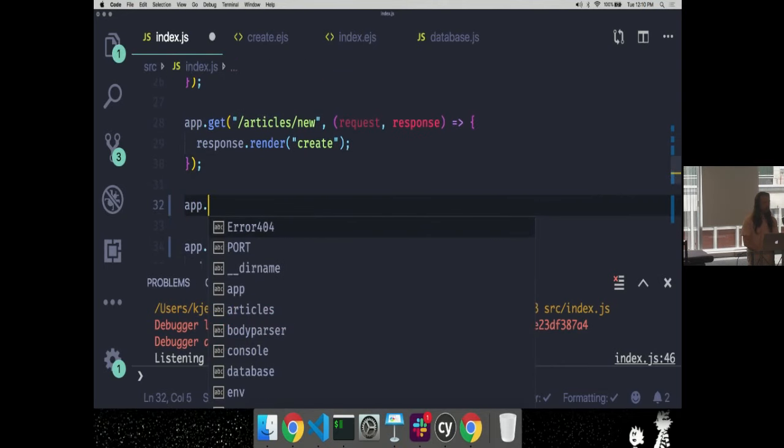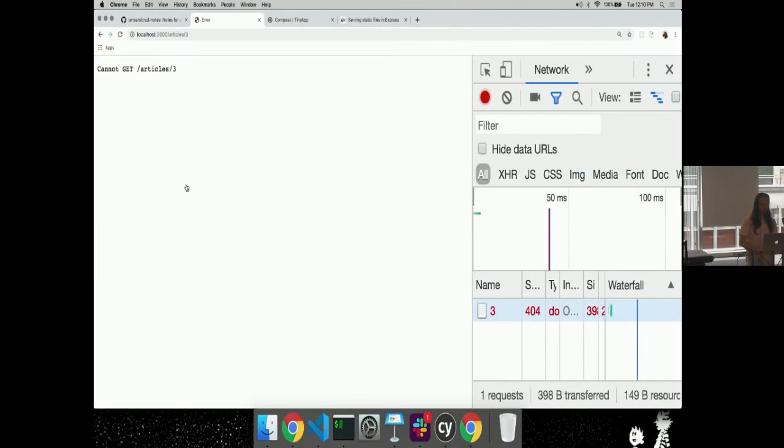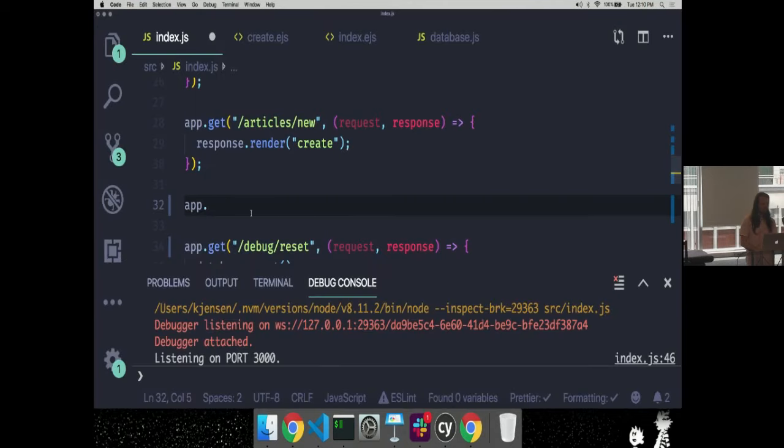App dot. Right now, when I click on this, what type of request does it do? That's right. It's a GET request to /articles/3. So it's a GET request to /articles. And then if I put 3 here, it only handles that specific request, right? So here's where I need to specify that I can take any ID, and it should still match this path. That's what a path matcher is. Path matchers can have variables like this available to them, yes?